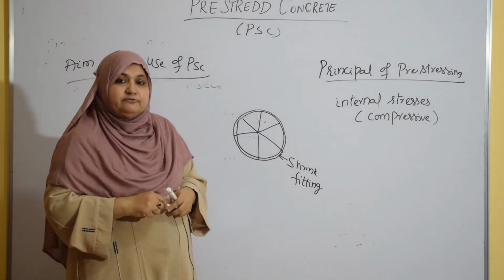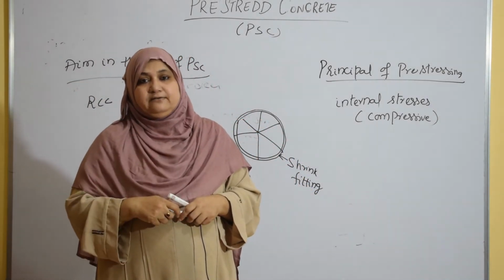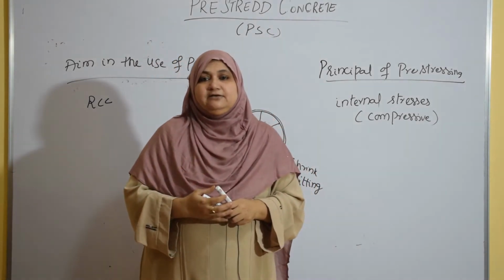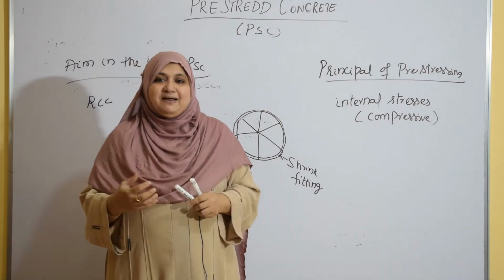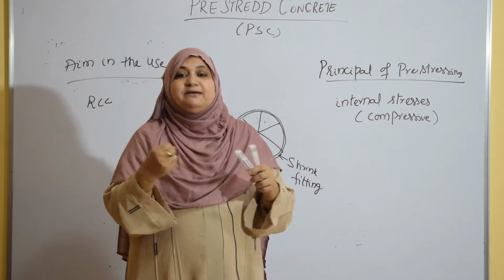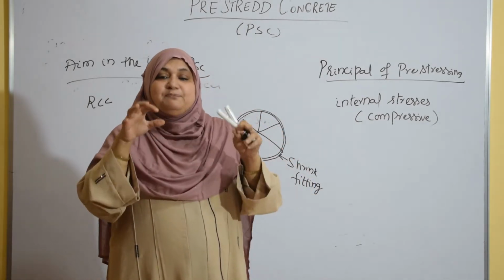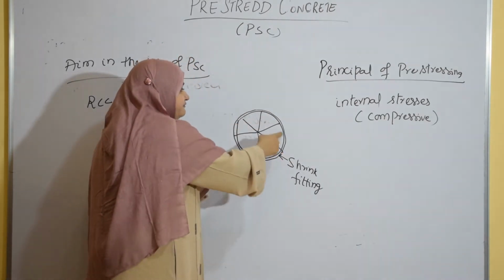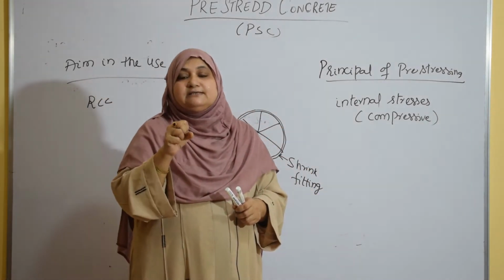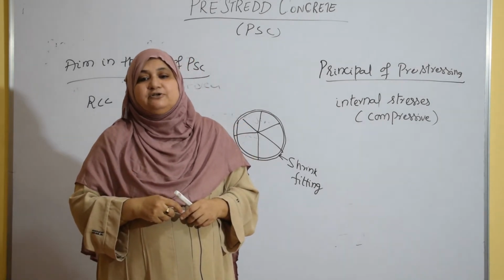Whatever is the diameter of the wheel, the same diameter steel tire will also be taken, right? So both the diameters are same. Then the steel is heated. Then it expands. So by heating, you are introducing stresses into it, right? So tensile stresses will be developed in the steel and it expands. When it expands, we will place it on the circumference of the wooden wheel. Then as it cools, it will shrink and it will fit. That is called shrink fitting, right?